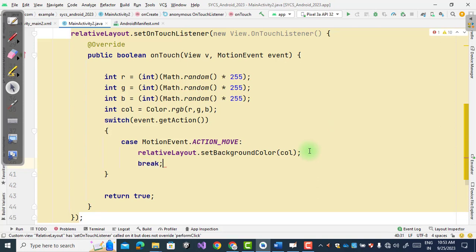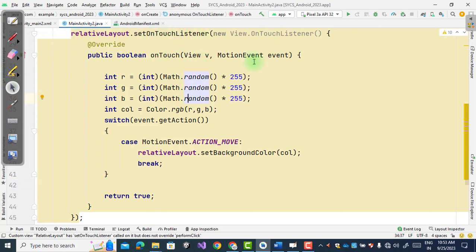So what will this code do? It will detect the action performed by the user using a finger, and if the action is ACTION_MOVE, then it will change the background color of your Android screen. So this is the basic onTouchListener and onTouchEvent.